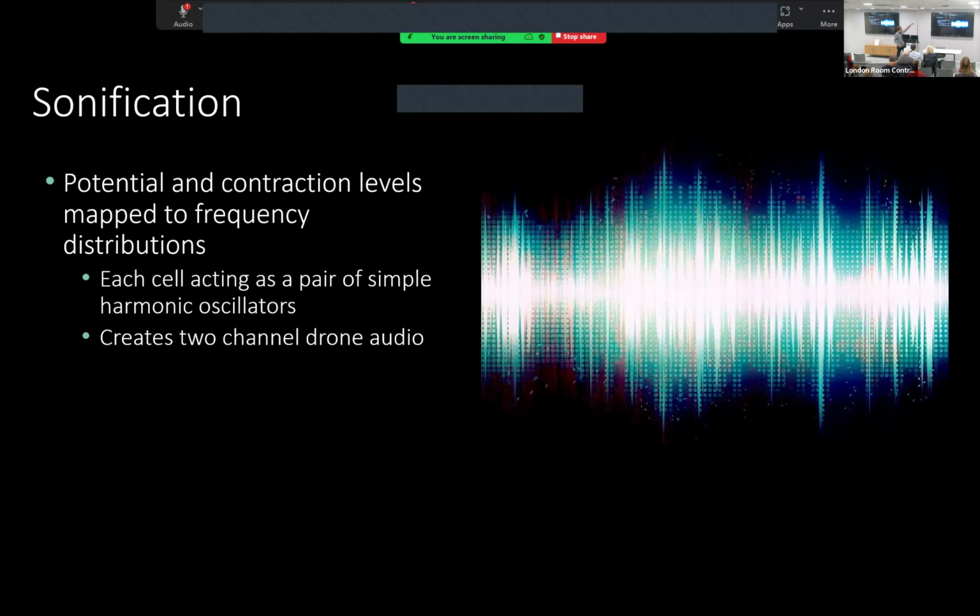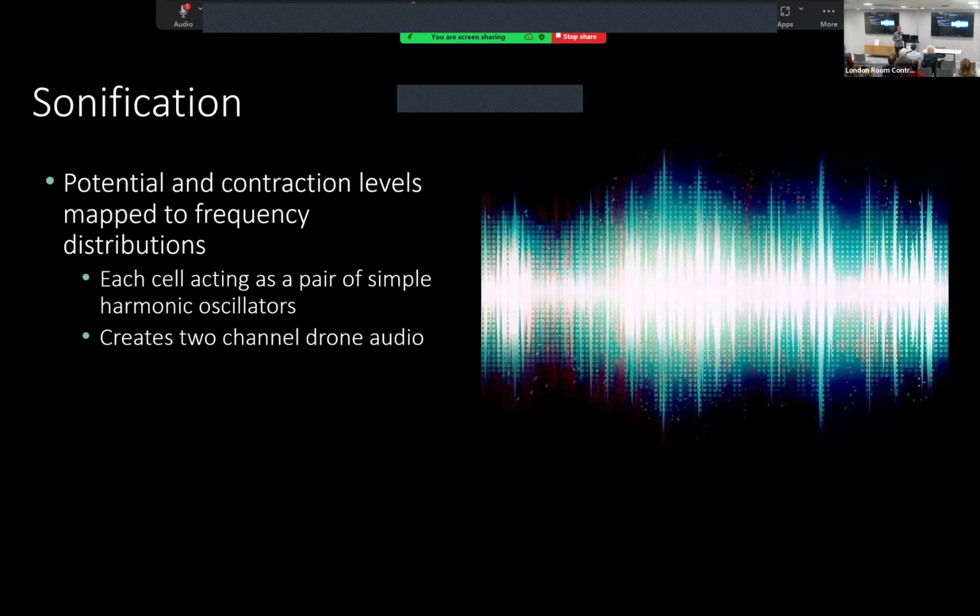So essentially what I'm doing is three audio tracks. The first two are basically taking these potential levels in every cell and the contraction amount in each cell, and mapping them to a histogram. So it's like creating a chart of what the contraction levels are in each cell, and then using that to drive different frequencies. So it's almost like every cell is emitting two different tones, one based on what the potential level currently is, which is like a low tone, and one based on how much it contracts. There's a slightly more mid-range frequency that comes from the contraction, so you're hearing the contracted cells almost.